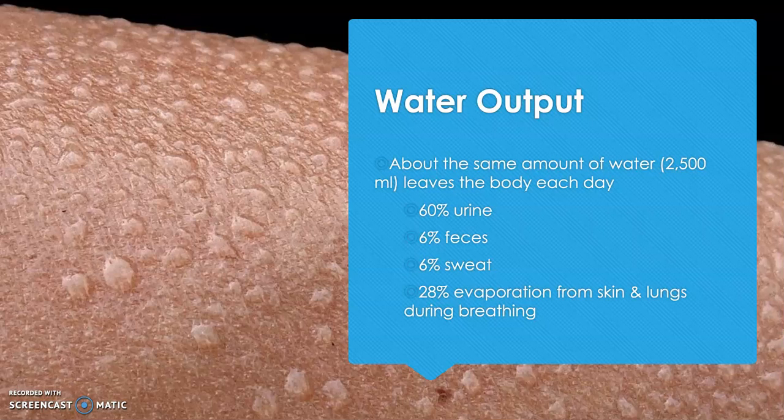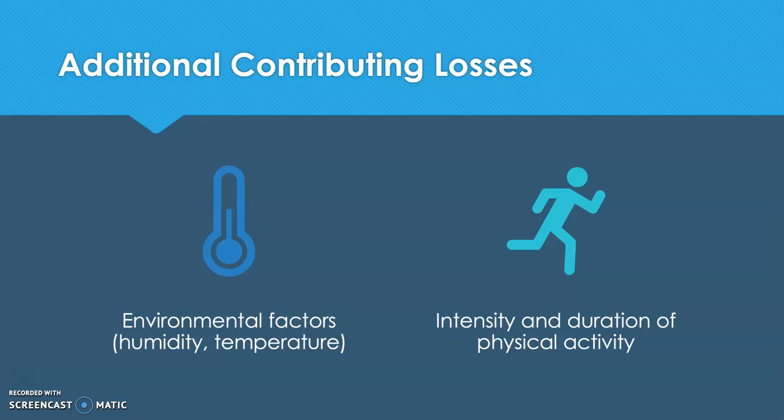But of course, the exact amount of water loss depends on several factors. For instance, the total amount of urine depends on the amount of waste solute that needs to be excreted. The total amount of water that evaporates from the skin depends on the body's surface area, and the total amount of water lost by the lungs during breathing depends on the amount of air breathed, which depends on oxygen and carbon dioxide production. There's also some additional contributing losses of water, such as environmental factors like humidity and temperature, and